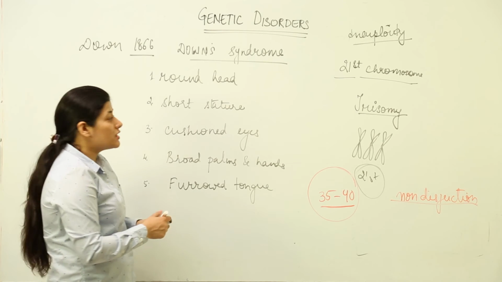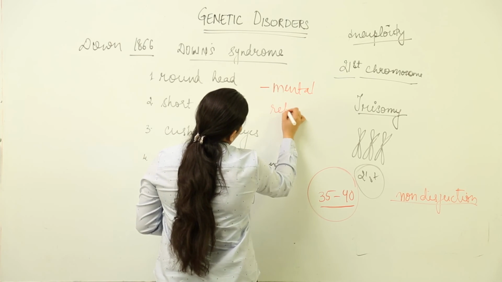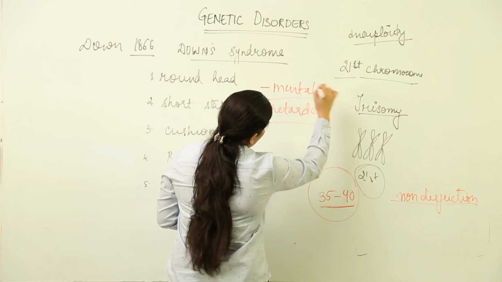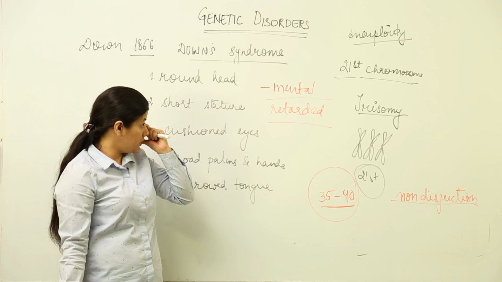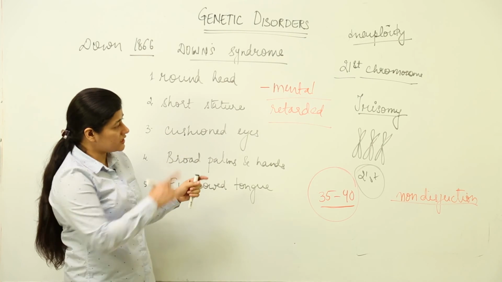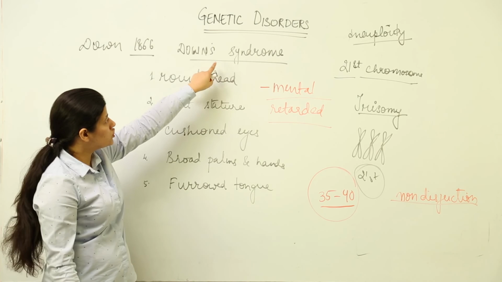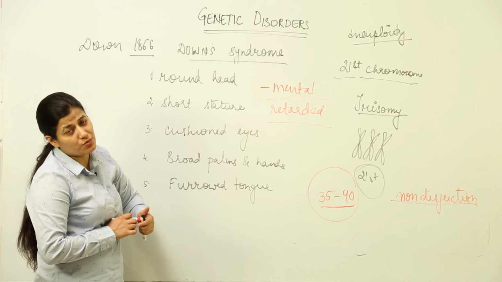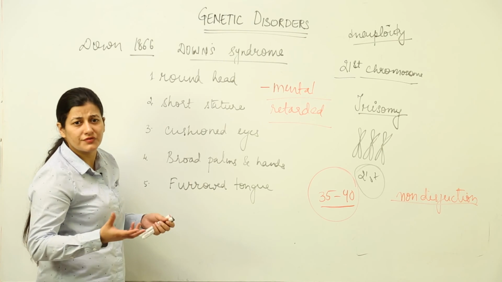And not just this, the person has a highly conspicuous state of mental retardation. They are highly mentally retarded and their psychomotor activity is very minimal. So you can make out that the extra chromosome, the trisomy, has resulted in this entire condition of symptoms which show when the person is suffering from Down syndrome, and their life expectancy is very, very low. The child born with this syndrome will survive up to 10 to 15 years, not more than that.